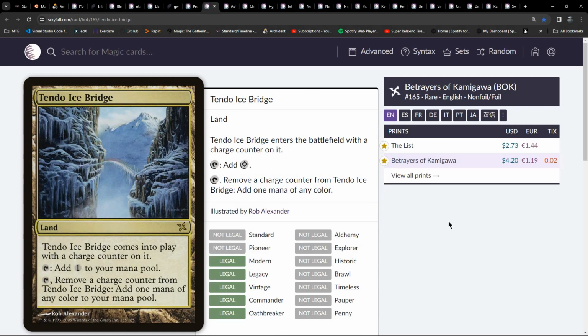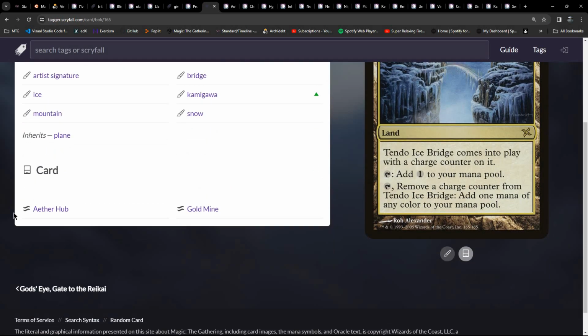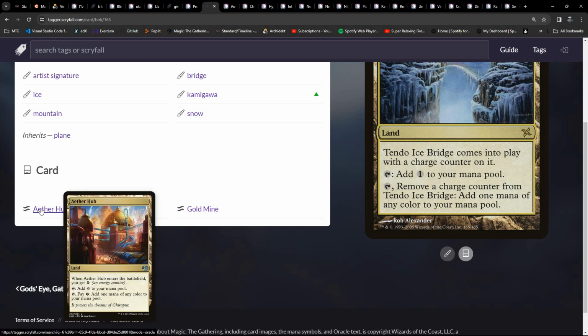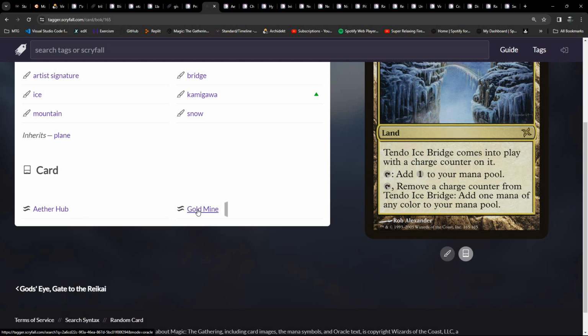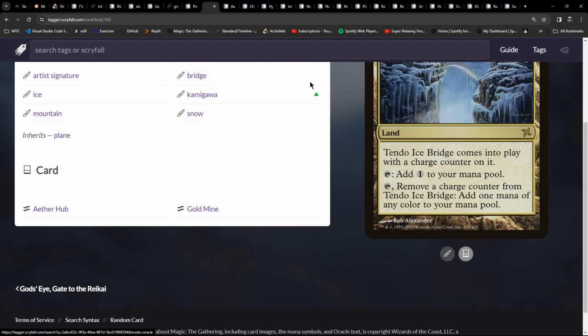Tendo Ice Bridge, okay. I know we've looked at this before. So, similar to Aether Hub, which does some shenanigans with energy counters, and similar to Goldmine. Okay. But,